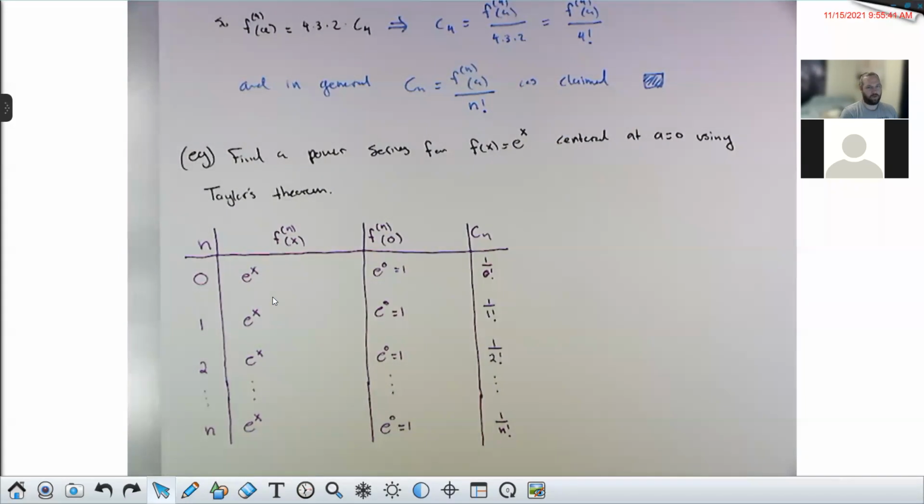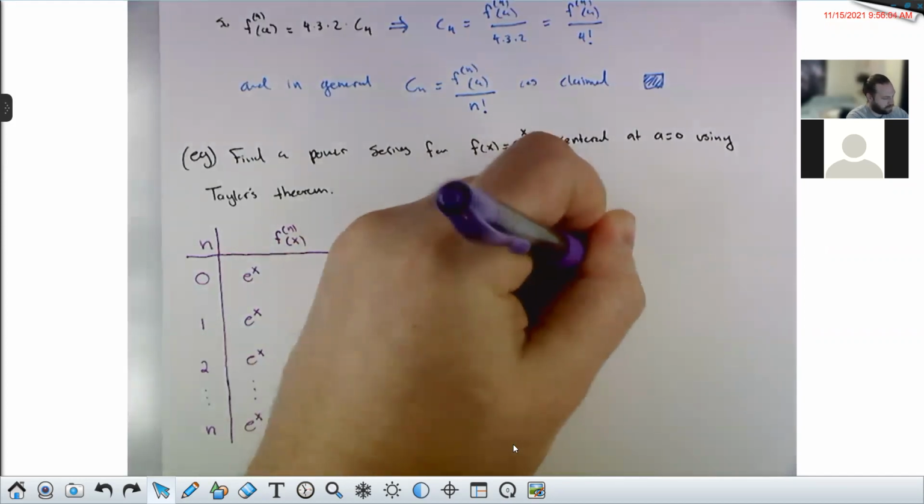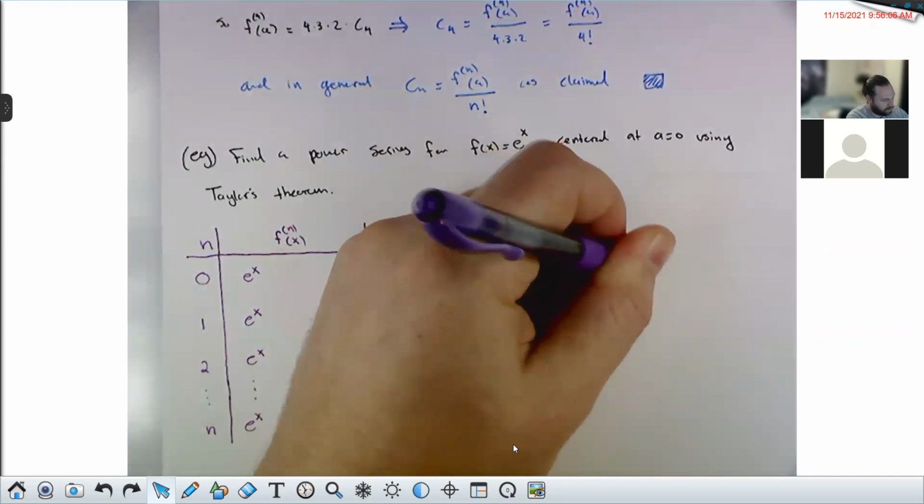Your tables for Taylor's theorem will always look something like this. N on the left, the nth derivative next, the nth derivative evaluated at the center next, and then the previous item divided by n factorial on the right. And what we discover from our bottom thing here is that Cn is 1 over n factorial,